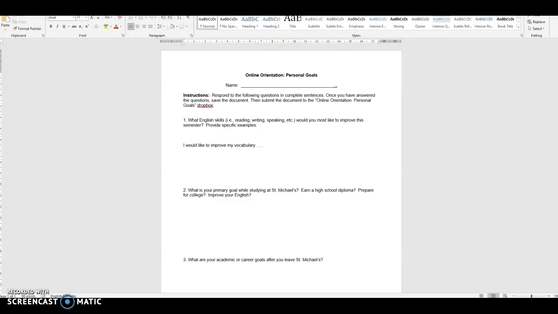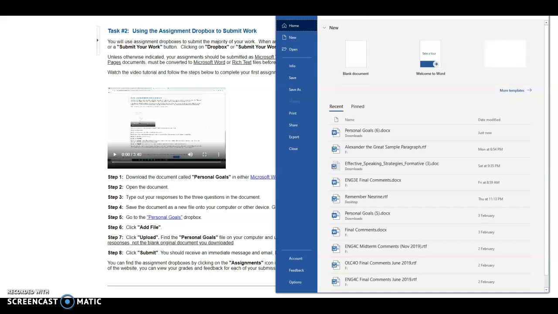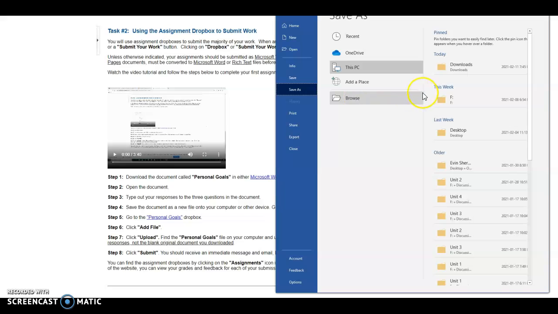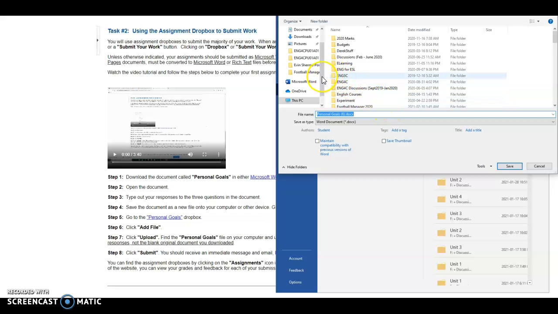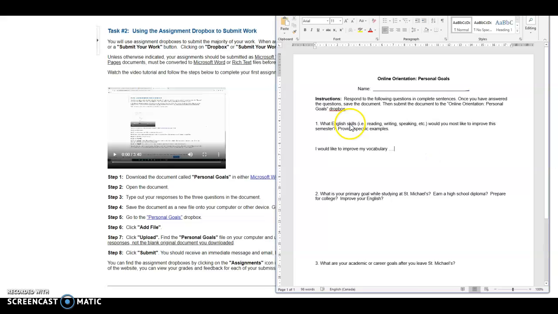What I can do is go up and save, and I don't know if you've tried saving and submitting a document yet, but I can go up to File, go Save, and put it, say, on the desktop here. I'm not sure if you're using a Chromebook or a laptop. It's a little bit different depending on your device. But if I just put Derek Personal Goals, and then save that to the desktop. And so that's saved, and I'll close that.